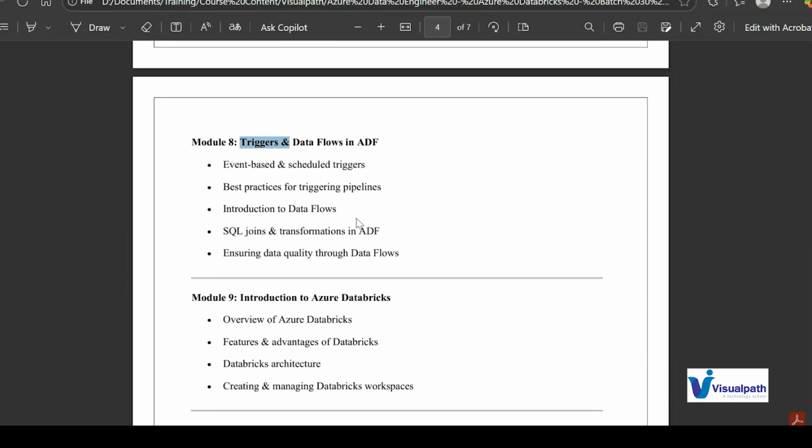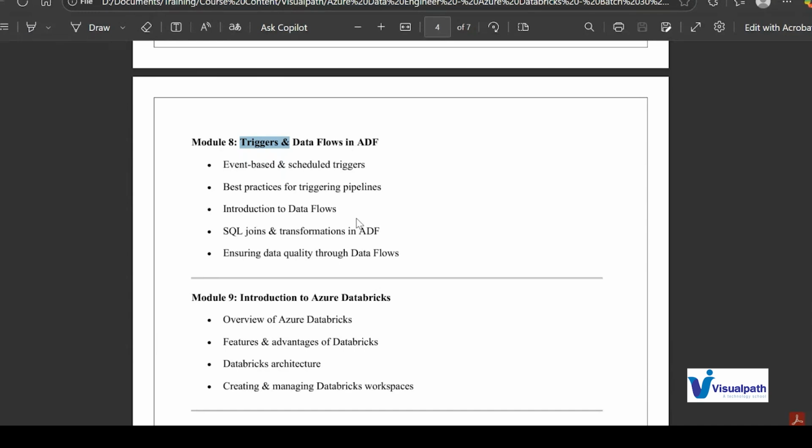Now, why is this ADF important to understand? Because in the ETL process, as a data engineer, we need to perform ETL. When you say the ETL process, that means the data will come from a certain source and you need to pull those files or data and then store them in some intermediate layer, and then from that intermediate layer you need to again pull the data and process it, and then ultimately transform it and load it into the data warehouse.